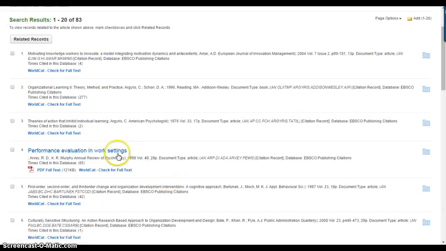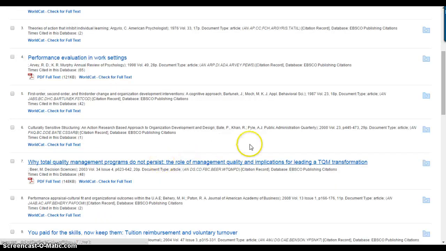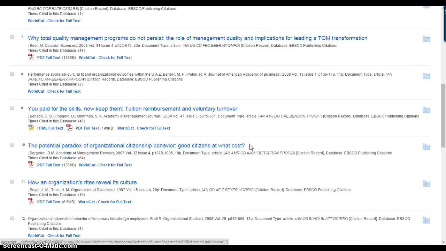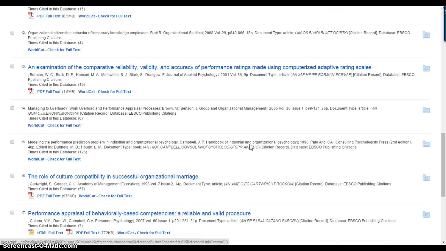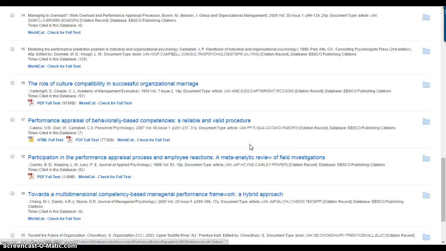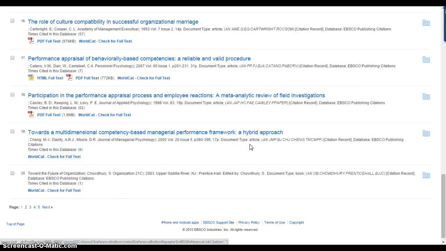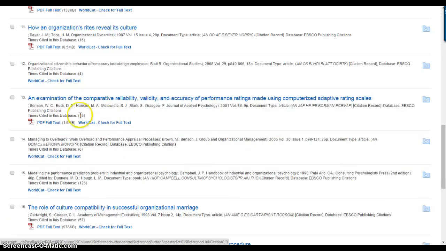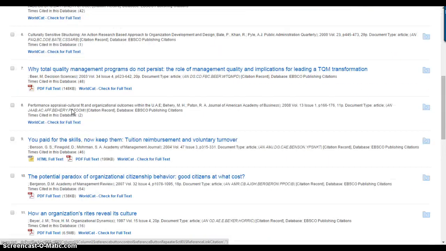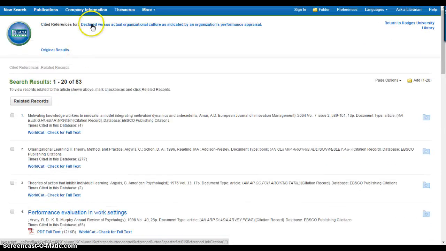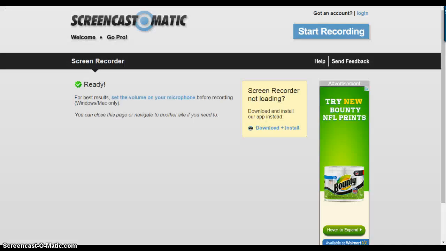And there I do have performance evaluation, total quality management. Anyway, you can see here how easy it is to move around from next to next to next. And a lot of times the article will be right where you click, which is very nice. You can do the same thing in ProQuest, for example,